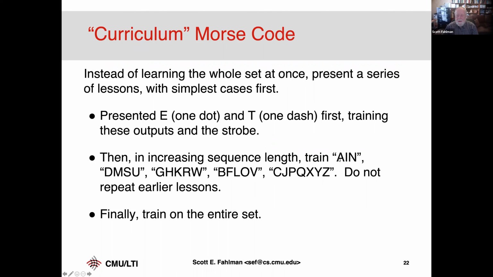We trained on these letters, which are a little longer, and these ones, which are longer still, and then this set of letters, which is longer still. And these are very long sequences because they're relatively rare letters. And we're just training first on this set, then on this set, then on this set. We're not repeating the earlier lessons at this point. Okay, it's getting each set right independently. It's building new structure as it's needed, but it's not going back. And finally we trained it on the entire training set just to smooth out the result, to blend everything together.